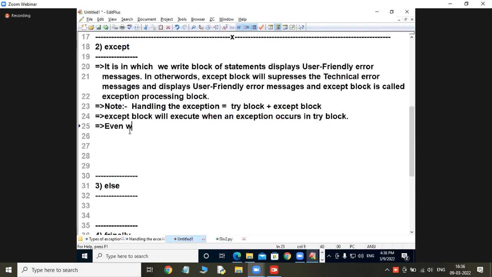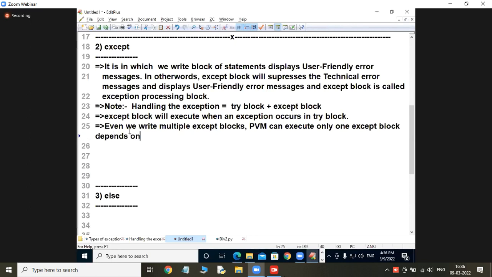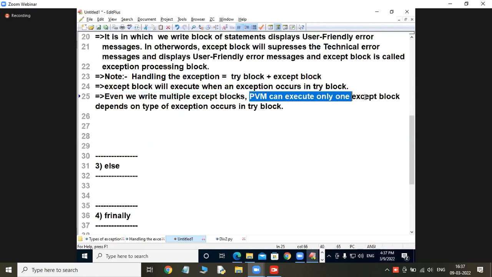Even if we write multiple except blocks, PVM can execute only one except block.